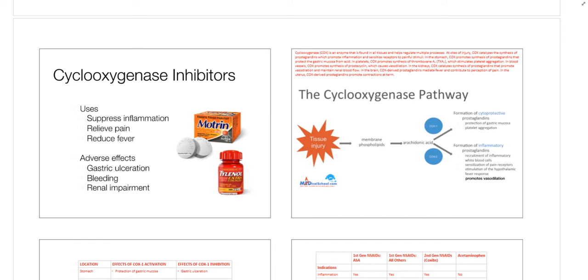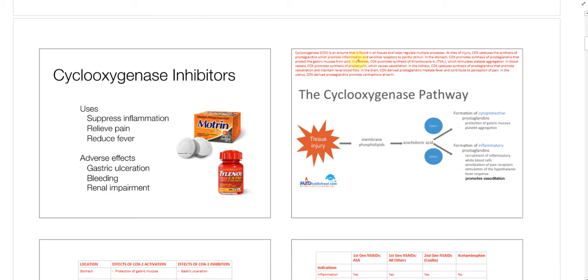Cyclooxygenase itself is an enzyme that is found in all tissues and helps to regulate multiple processes. So, for example, they produce prostaglandins. Most of the time, cyclooxygenase is meant to produce some sort of a prostaglandin as its only thing it does. Those prostaglandins, depending on where they're created or where they then travel to, denote what kind of effect they cause. So we've got